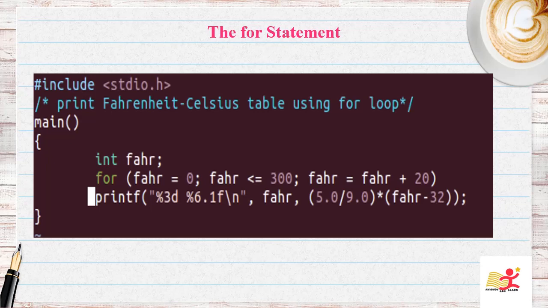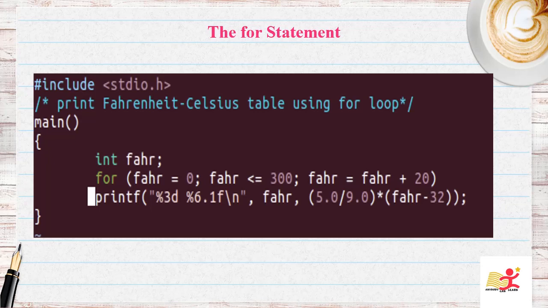One major change is that most of the variables are eliminated. Only var remains, and we have made it an int. And the lower and upper limits and the step size are all made constants. You can see 0, 300, 20, etc. in the program. And then we have used a for loop. So the for loop itself is new for you.